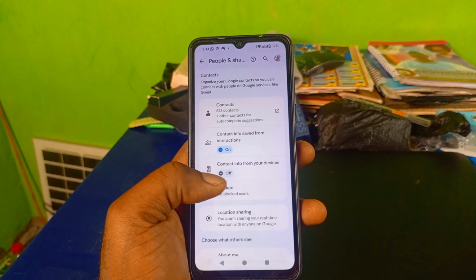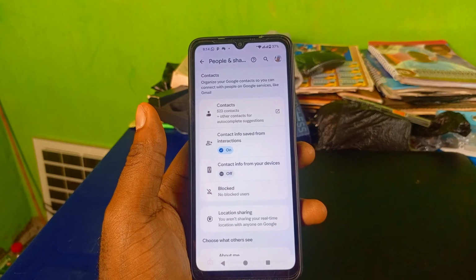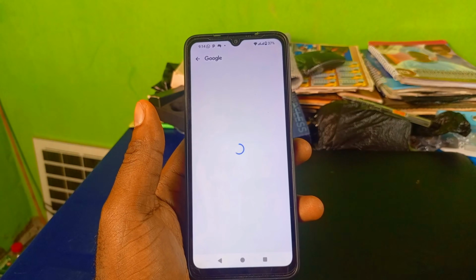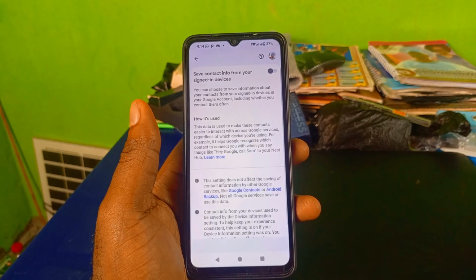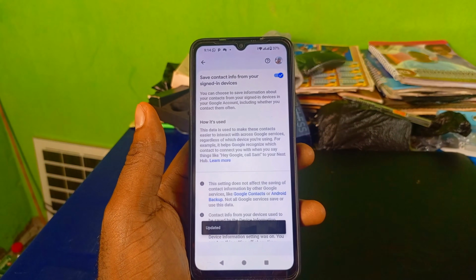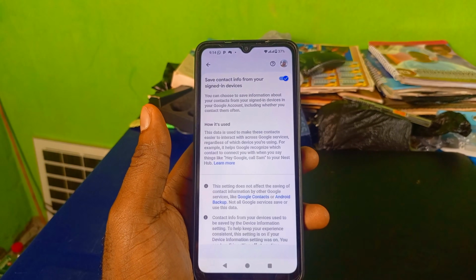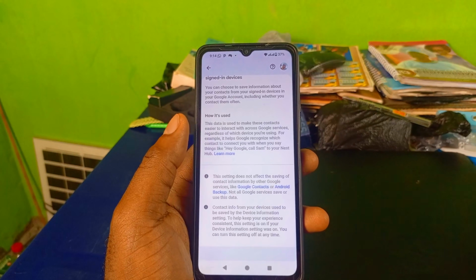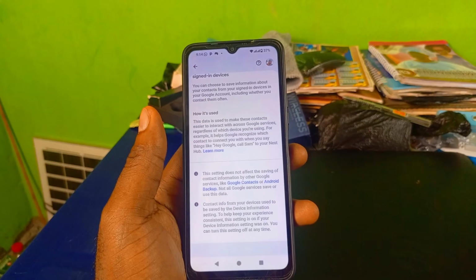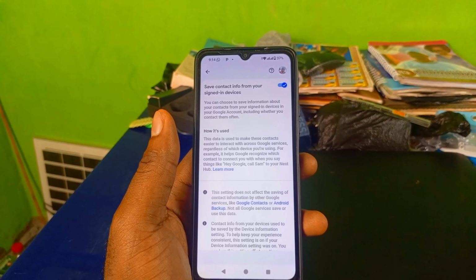At this point here, contact info from device. Go ahead and click on this one that is turned off right here. And all you have to do is to simply turn on this button right here and you are done. It's that simple. With that, save contact info from your signing in device, all the contact info you have saved so far, and the current one you will continue to save is going to be backed up into this Google